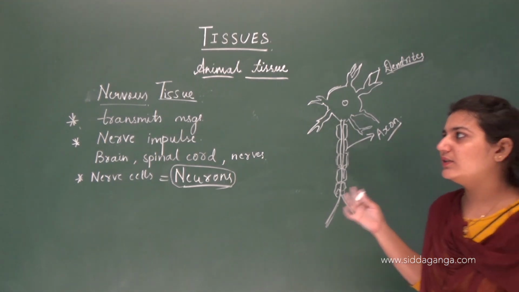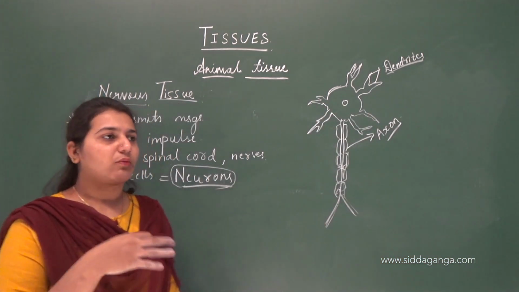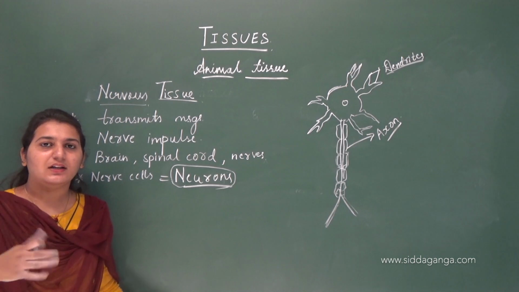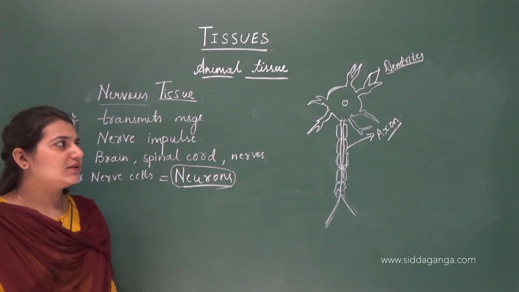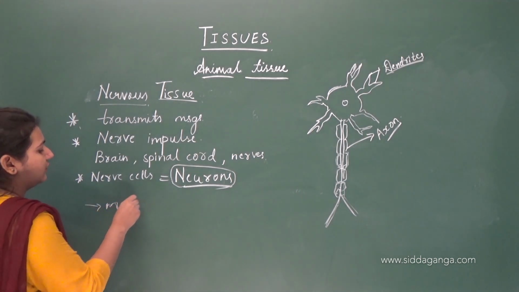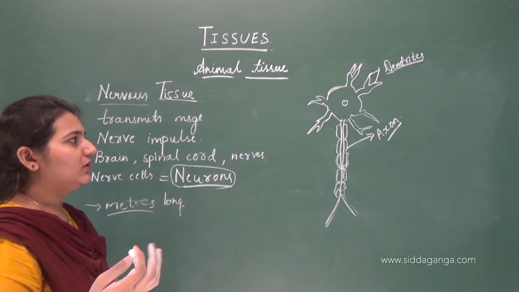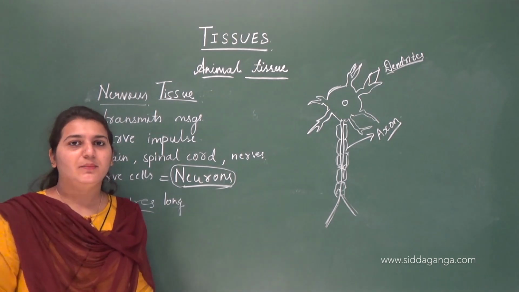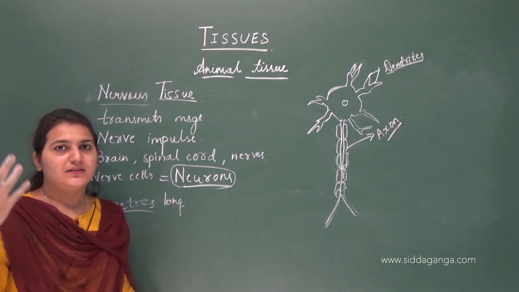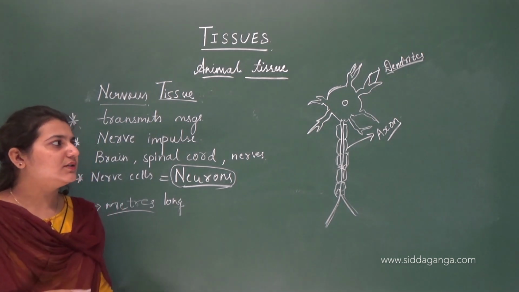So basically the function of this nerve tissue is that it transmits messages from the different parts of the body to the brain. Again the signal is received from the brain and the response is done. These are very fast in nature, and the nerve cells can be very long, of many different lengths, even meters long. The messages travel too fast from one neuron to another, and finally reach the brain, and again the signal comes back, saying don't do this, don't go there. They work very fast.